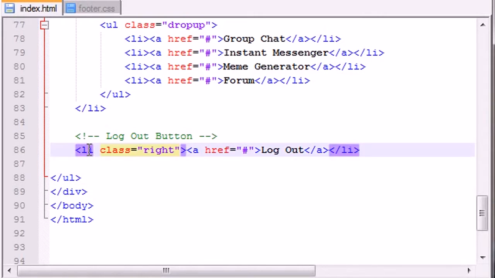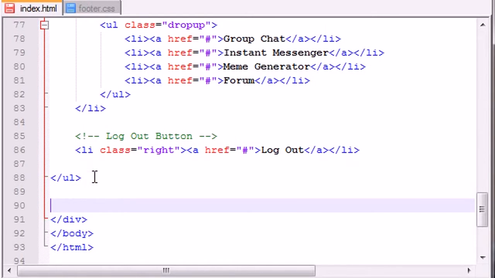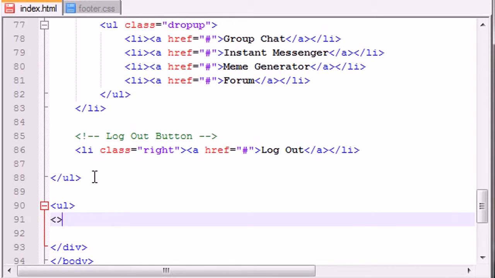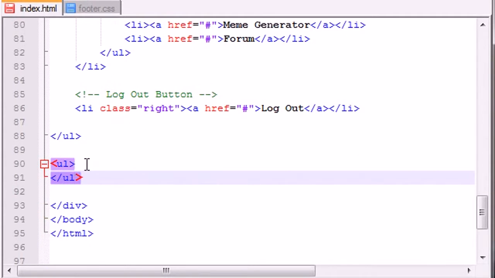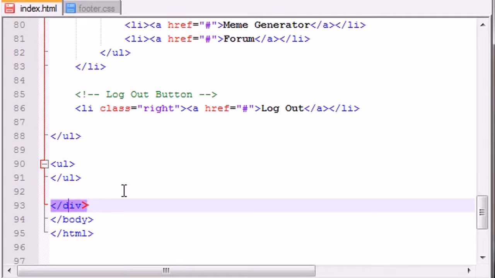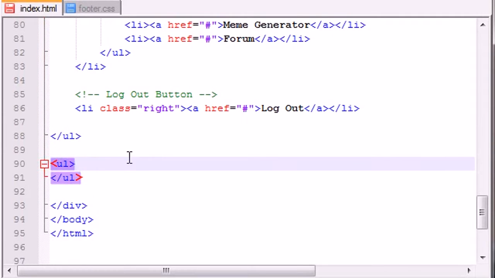Now, all of these buttons right here we were creating as individual list items in an unordered list. However, for the notification section, we want to add it in a separate unordered list. So before we were working in this unordered list, but now go outside your unordered list and create a new unordered list. Make sure that you are still in the footer itself, or else it'll just appear somewhere in the web page. So inside your footer, but outside your unordered list, create a new unordered list and give it the ID of notifications,